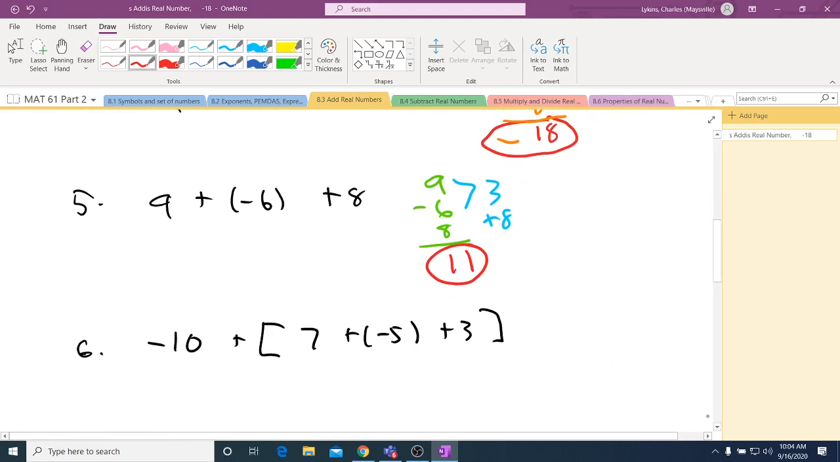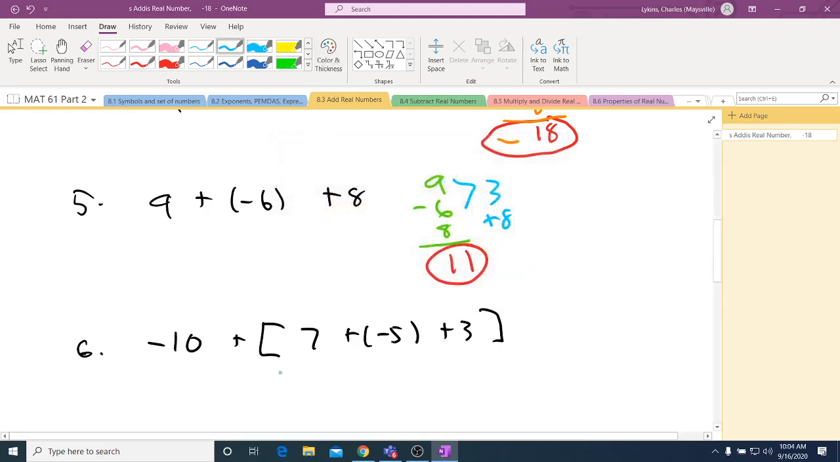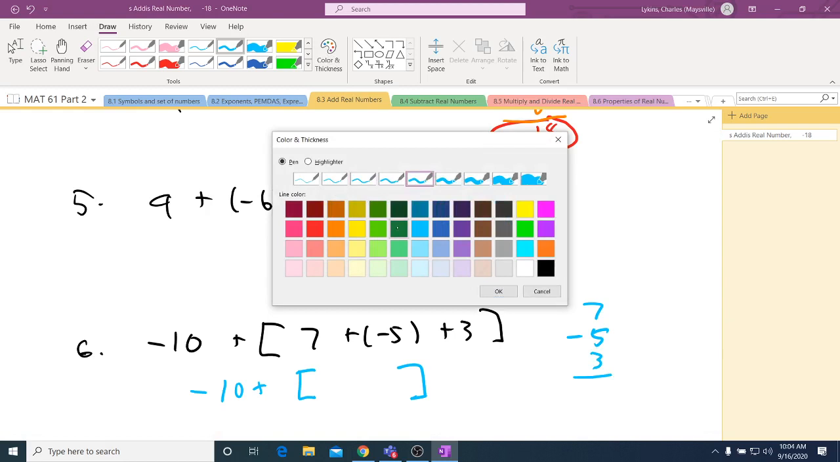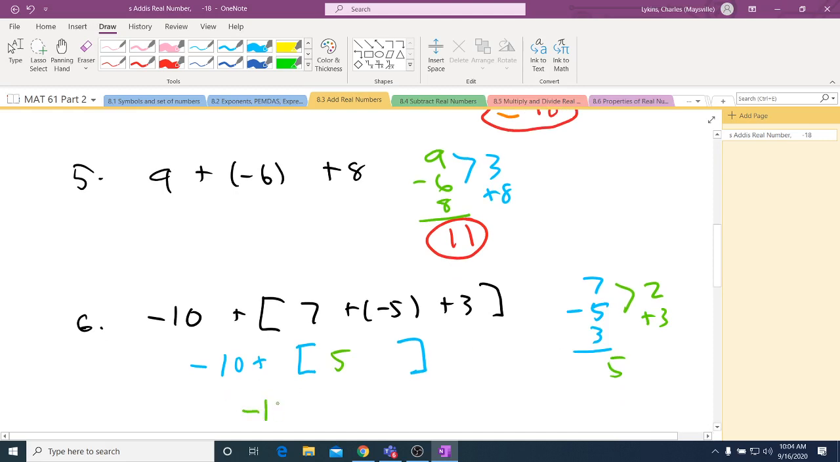Now we're going to have to use our PEMDAS, or order of operations. So what we're going to do is we're going to still keep this negative 10 here, but we're going to do what's in the brackets first. So I've got a 7, a negative 5, and a 3. So 7 minus 5 is 2, plus the 3 gives me a positive 5. So negative 10 plus 5 gives me